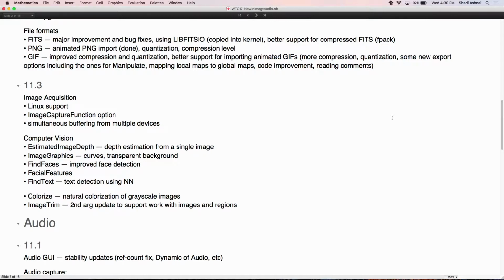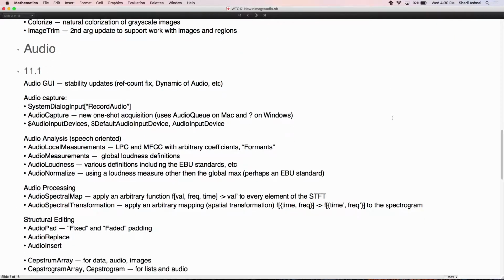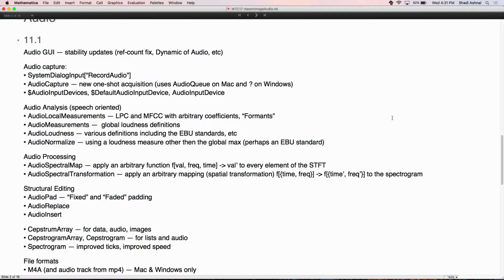11.3, these are just the things that we have a rough prototype of, either in the version that you have received or in the nightly builds that we are playing with. So promising features that are coming, but still probably a lot more than this is going to eventually be in the 11.3 build. The audio features list is not even shorter.